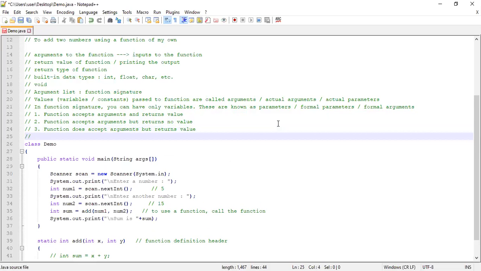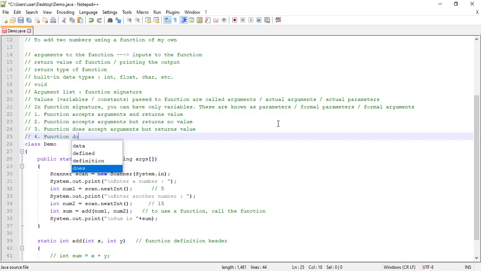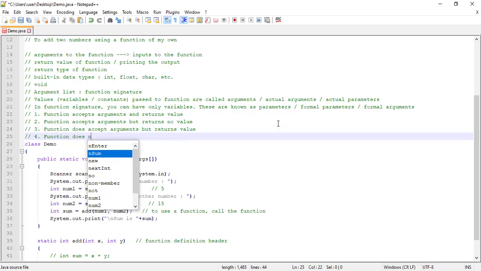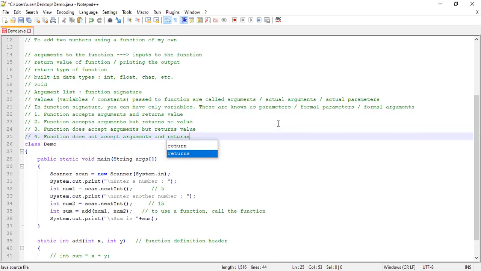And the fourth category is a function that does not accept arguments and returns no value.